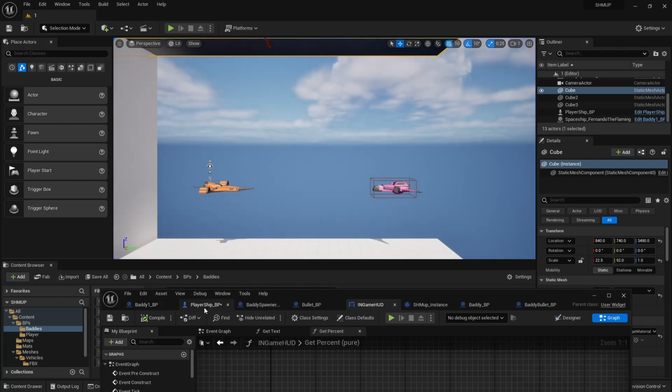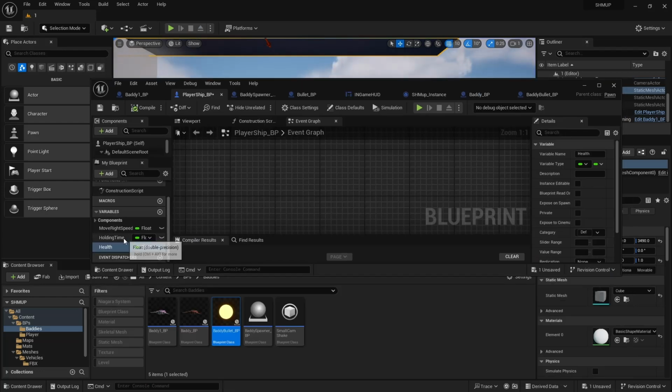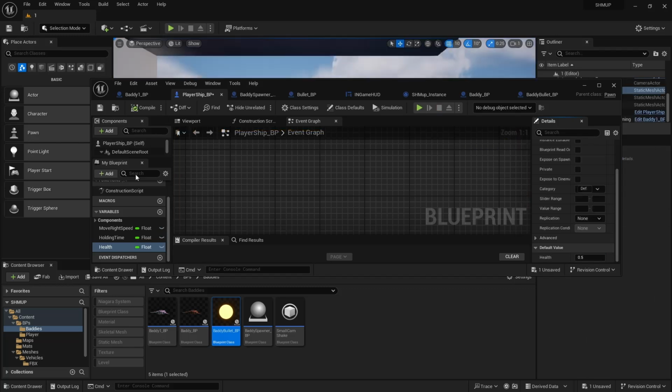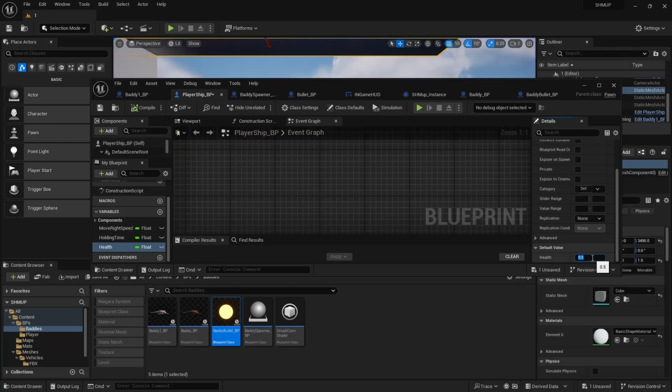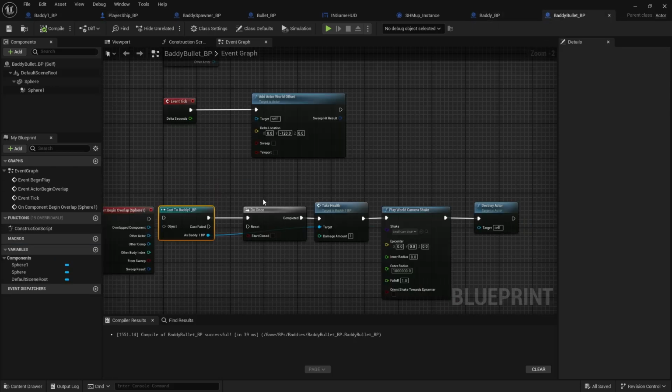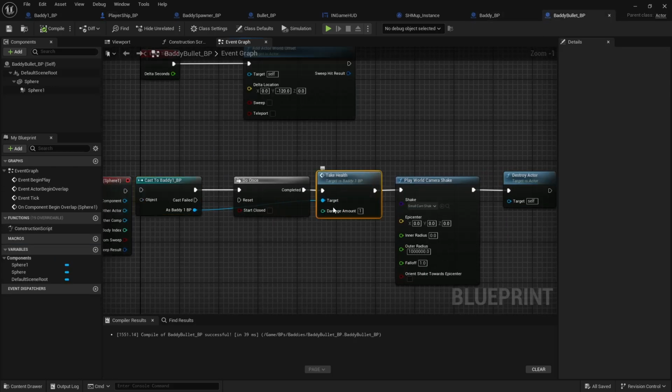If we go back to our player and set health to be, say, 0.5, and hit compile and press play, that health bar should be half full. Cool. So we see how that's working, right? Hopefully fairly straightforward. So on our baddie bullets now, what we're probably going to do is create a system